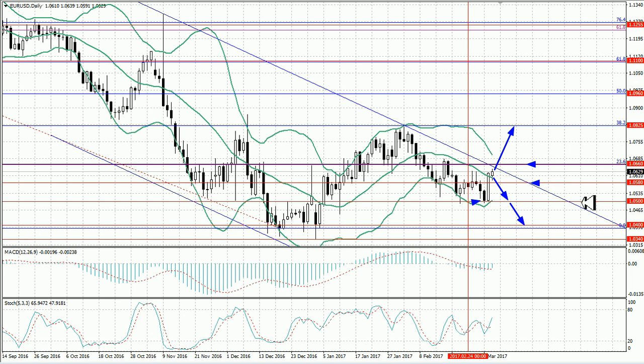The stochastic is reversing upwards. The MACD histogram is actually decreasing to the neutral zone. The ECB meeting report and February USA employment market are worth trades. Attention today. Open long positions if the price is set above the level of 1.0660 with the target at 1.0825. Open short positions in case of the breakout at 1.0580 with the target at 1.0500 and 1.0400.